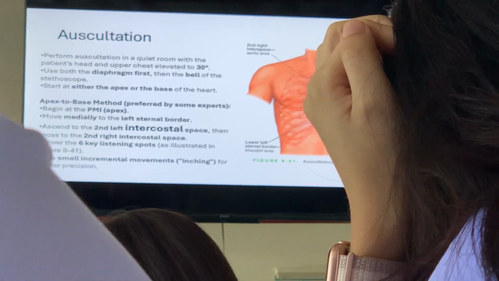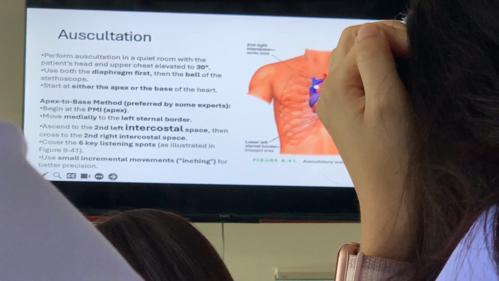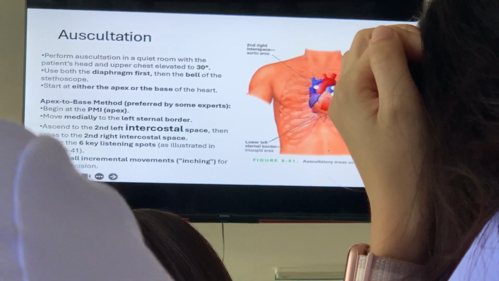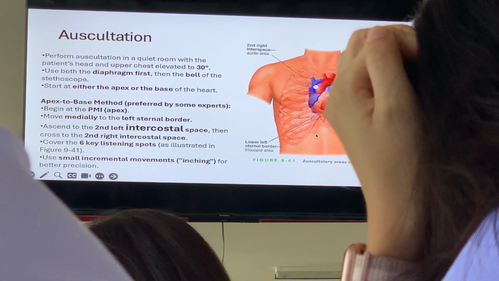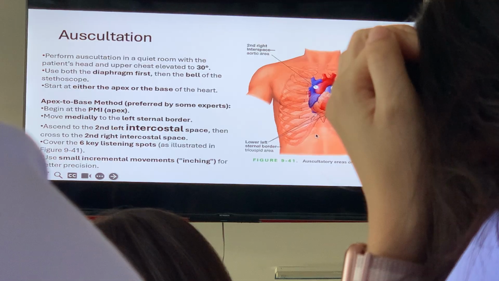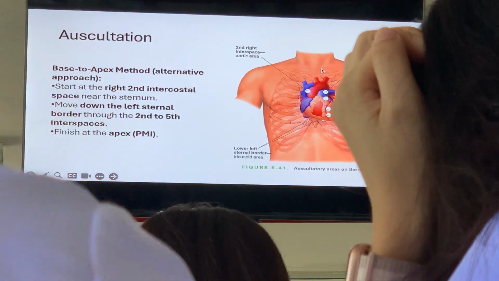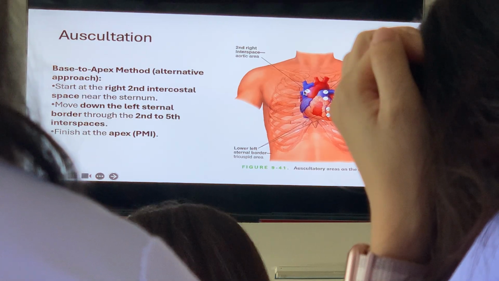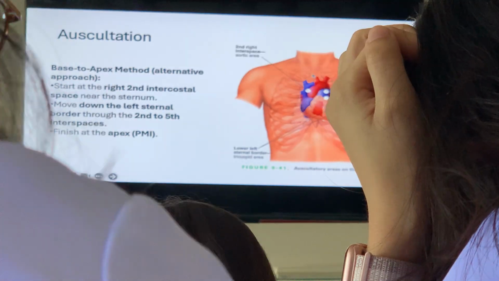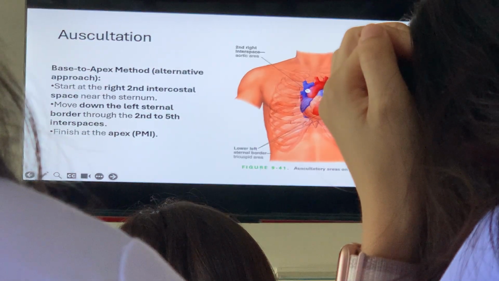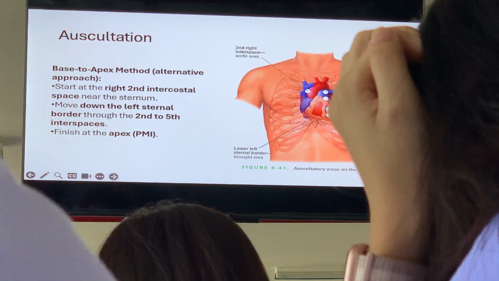So why is this important? This particular area will help you listen for heart abnormalities. I would suggest if you listen to S1, it would be better at the apex. Then use incremental movements, or what you call inching. So you slowly cover the area with your stethoscope. Some people would start at their second right intercostal space, then they move down. That's also fine. Whatever works for you, what's important is you cover the whole area.